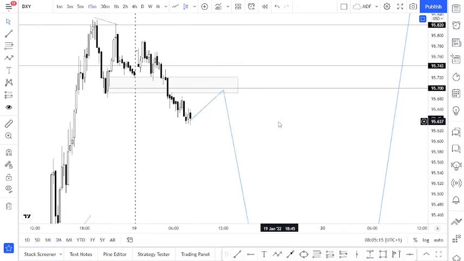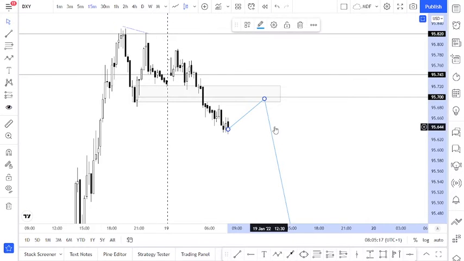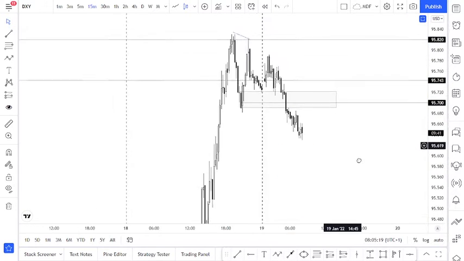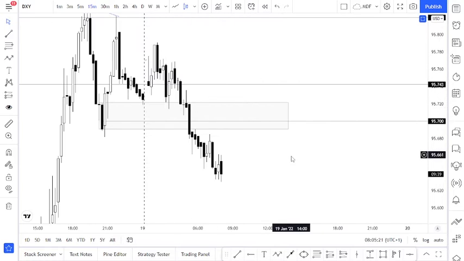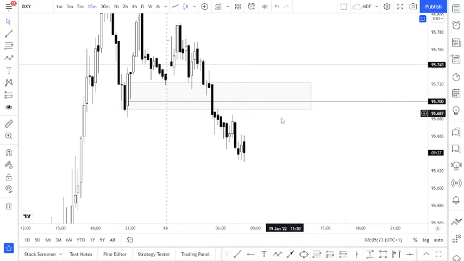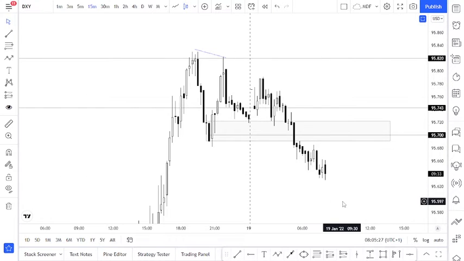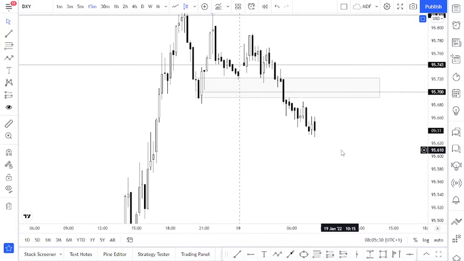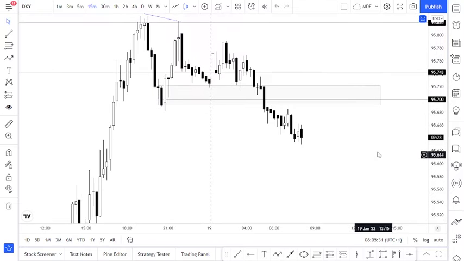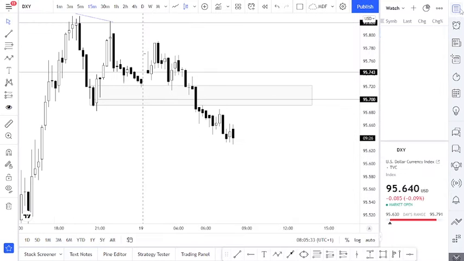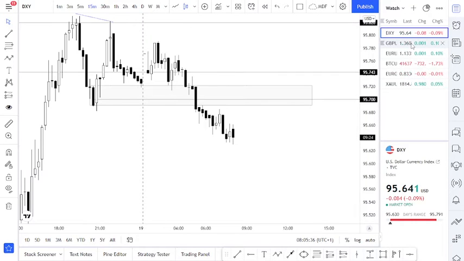So I'm still bearish on dollar index. I'm bearish on dollar index for today, though we are bullish on dollar index for the week. But for today, I'm expecting the market to sell, owing to the fact that we are looking for bearish opportunity on dollar index. So now let's look at GBP and Euro USD and see what we can likely look out for.